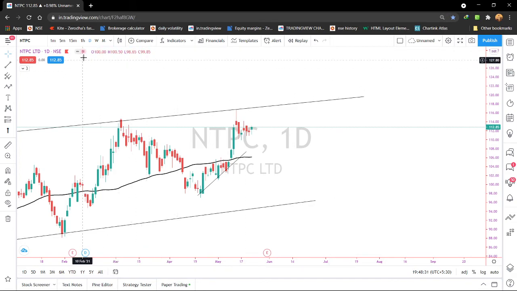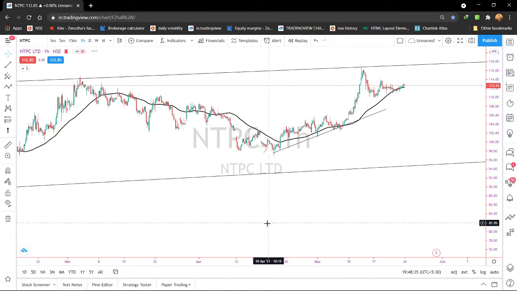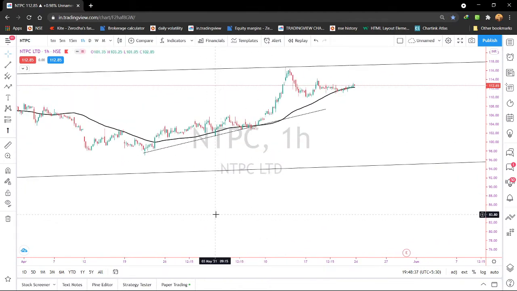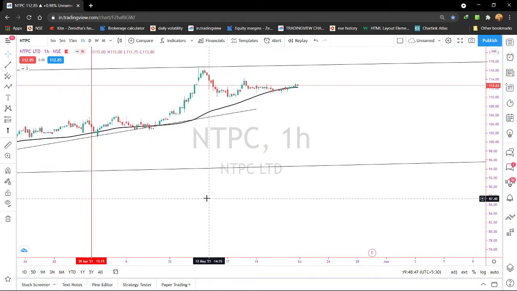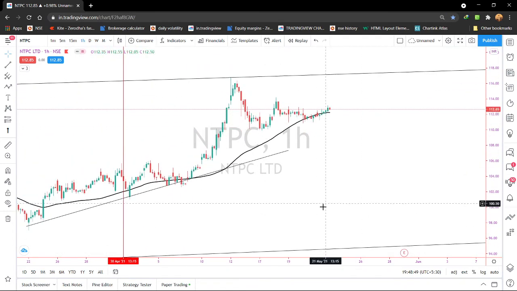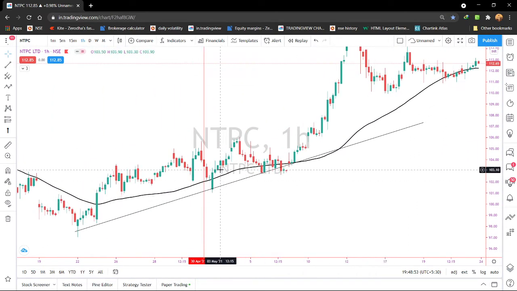And the best part is go to the 1 hour time frame. Okay, and in the 1 hour time frame, we have to see this stock from the 1st of May, because this stock was filtered for the month of May. The 3rd May was the first trading day. We have to put a vertical arrow here. This is our trading range. What we have to do is wait for the price to cross it.